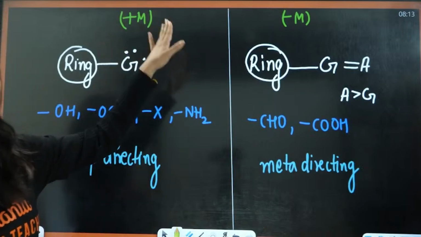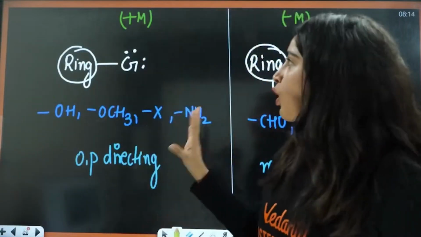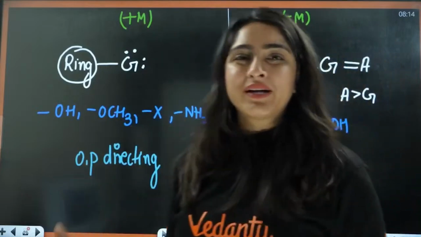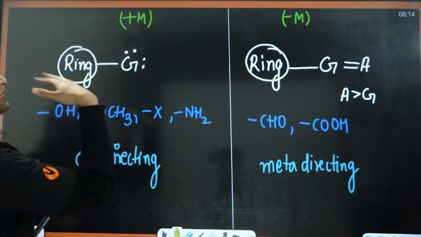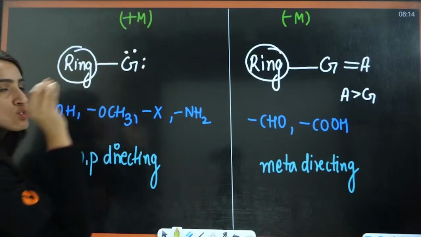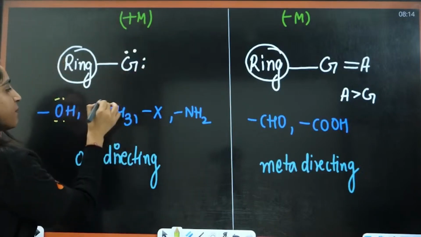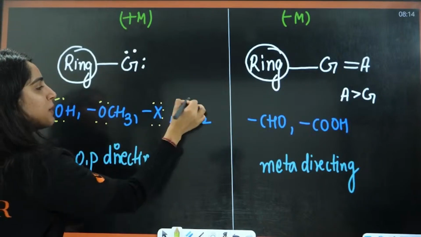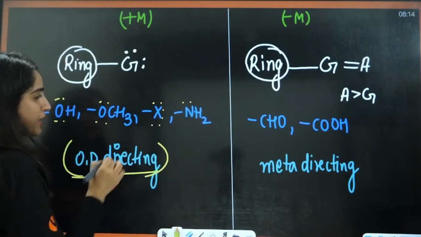Next we have a very important thing here, very important. We have completed the reactions. Now I am going to talk about plus M and minus M, the important things from GOC, right? If you're having plus M, the indication will be the ring is attached to a group that has lone pairs. In that case it is going to show plus M. For example, these are the groups that show plus M here, right? They all have lone pairs. These are ortho-para directing.